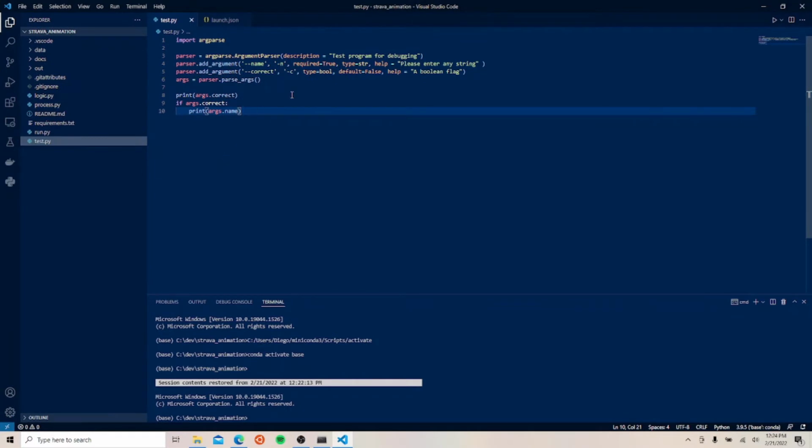Now, we have a simple test program. It uses argparse, which is a command line interpreter. It has a name argument that passes in a string. We have a correct argument, that's a bool with default false, Boolean flag. So what we're going to do is,